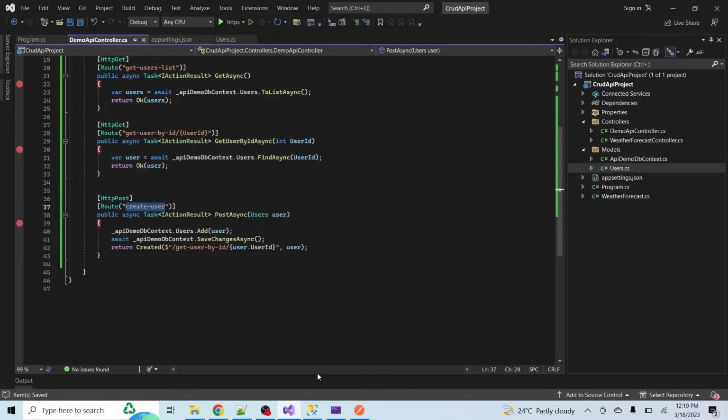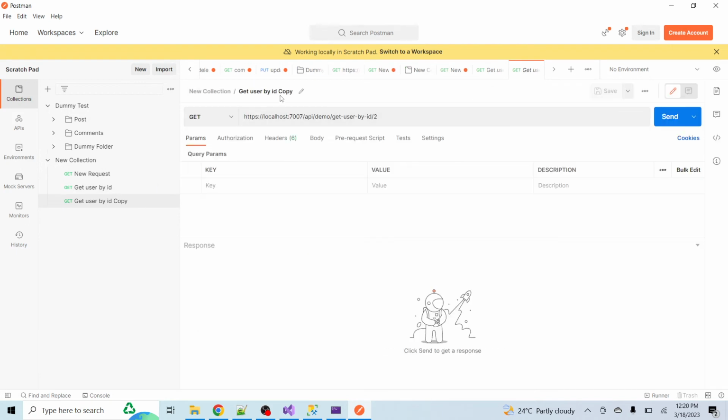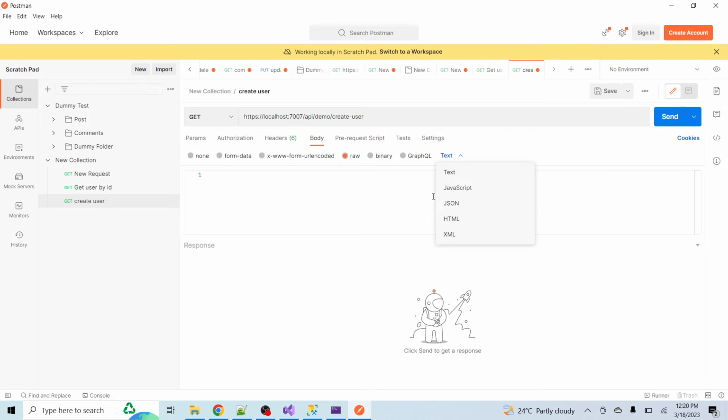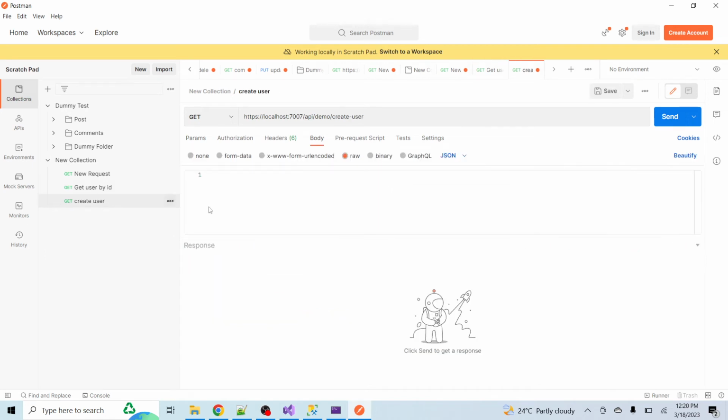Create user will be the API URL, and let me create another request, duplicate it, and rename it create user, right? And let's also put the URL here. Okay, now inside the body I will just pass the JSON for creating the user. So from this API let me copy this JSON and paste it here, and